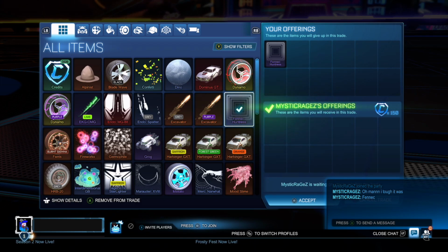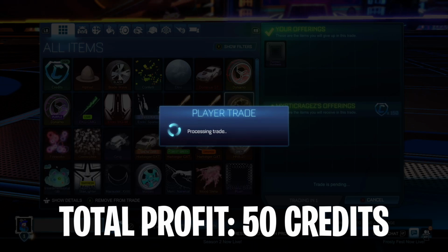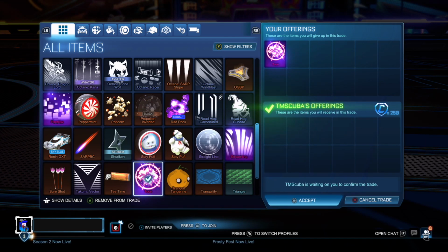Now in this next trade guys, I sell my Fennec Huntress for 150 credits, which is 50 credits profit, and I'm not even gonna lie, Fennec Huntress is quite popular. There aren't that many Fennec decals, so it's quite understandable that the guy just overpaid for